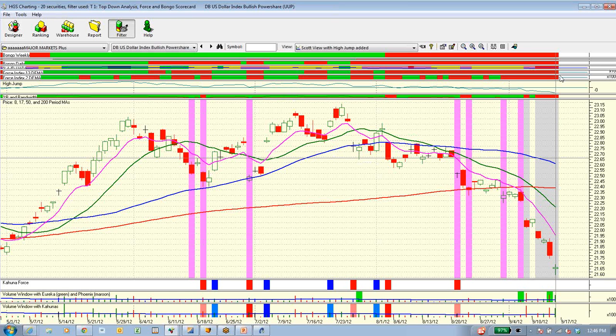And we'll look at the high jump because you're going to see a lot of extended stocks. The high jump is one of these great things that Ian and Ron have brought to our community. Simple indicator, makes total sense. And to me, it's really the rubber band indicator. We all know that if we take a rubber band and pull it too far and let go, it snaps back. And when it gets to the very top, or the very bottom perhaps, over time, it usually returns back towards the mean.